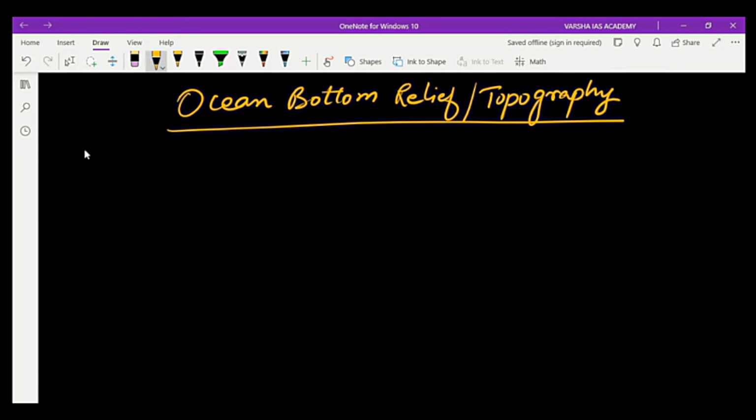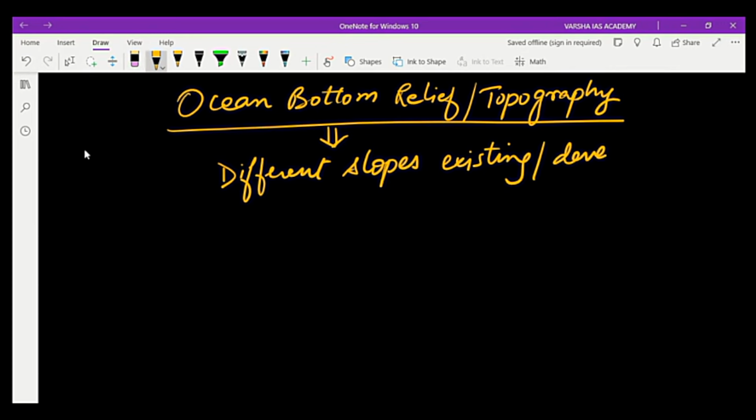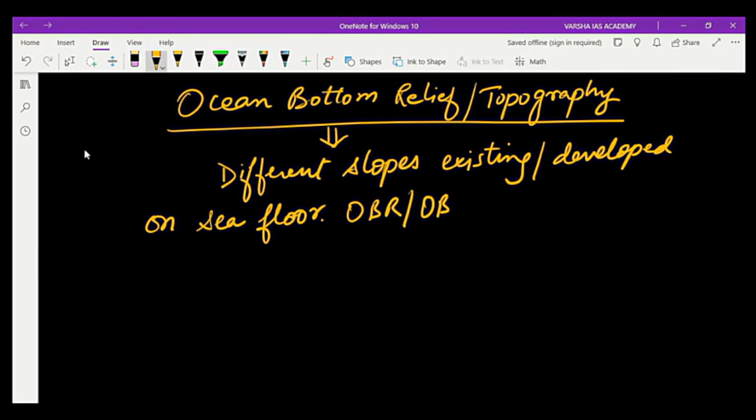Ocean bottom relief or topography means different slopes existing or developed on sea floors. That is called ocean bottom relief or ocean bottom topography. Right? So, ocean bottom relief is studied